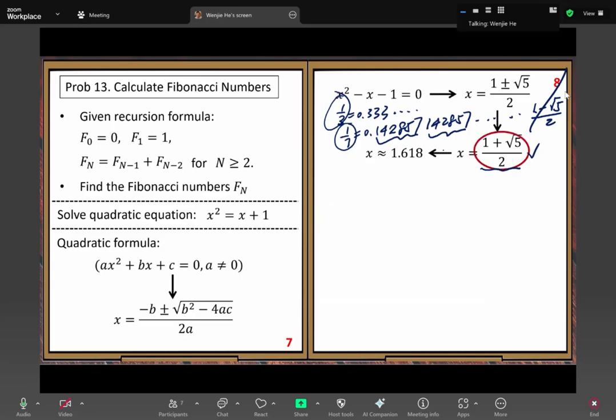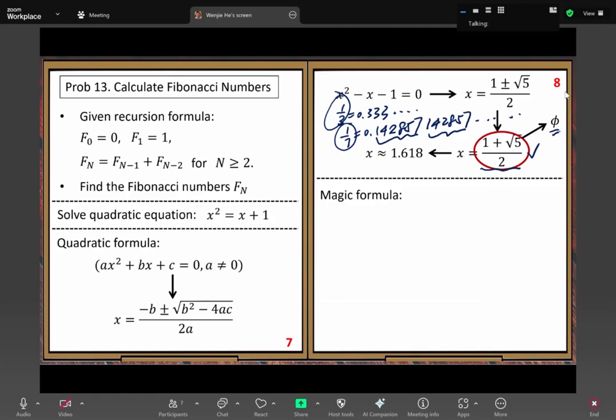So this golden ratio, we like to use a special Greek alphabet letter, phi, to represent it. Similar to pi, we use pi to represent a special constant. Here, this golden ratio, this phi, represents another well-known special constant.